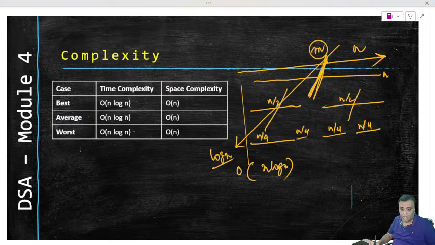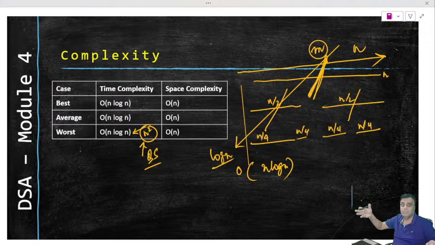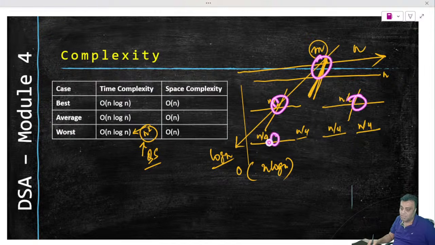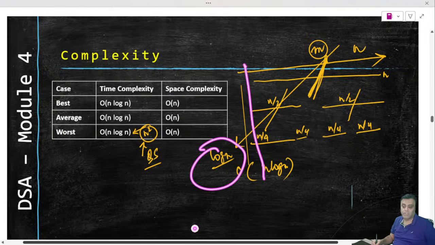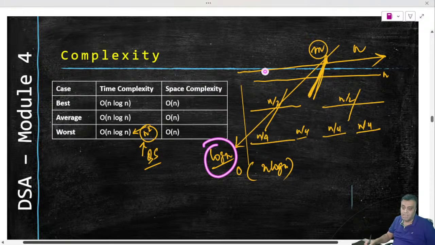There is no worst case as n square. This was the worst case for quicksort, because quicksort was not sure where the median might end up. It could have ended up anywhere. In a sorted array, it ends up at the left or at the right, and therefore the middle portion bifurcation was not happening. Here, the middle portion bifurcation will always happen. Every time you will divide it by half. Hence, the height of the tree cannot be anything other than log base 2 of n. I have proved that in the earlier example. At each layer, we are doing n amount of work. Therefore, n log base 2 of n is the total complexity.